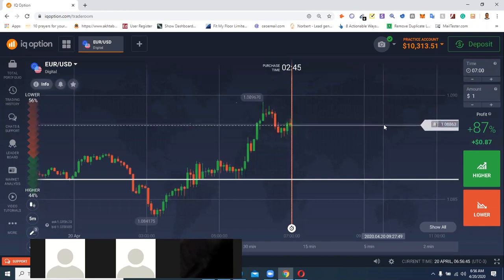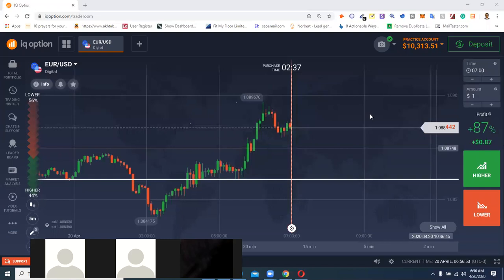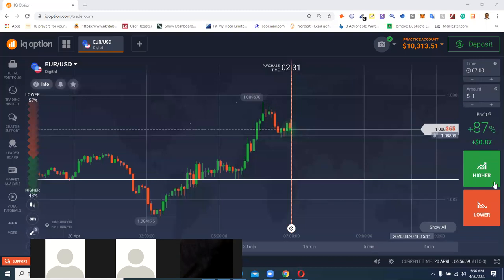Yes. Thank you, Gift. Make sure that if you are taking a trade, you are doing your martingale. Your martingale must be in the same direction as the last one you took. Example, you took your first trade, it is higher, you lost it. If you want to take the first martingale, it must be higher again. Don't go lower. Don't ever think of it. Don't go lower. If you are taking the martingale the second time, still go higher.